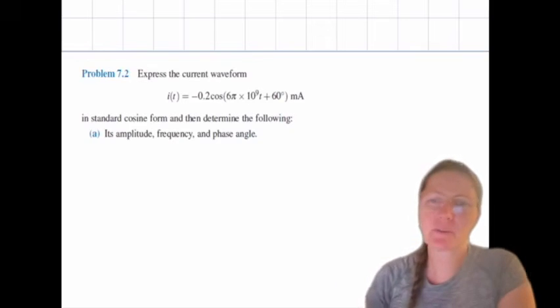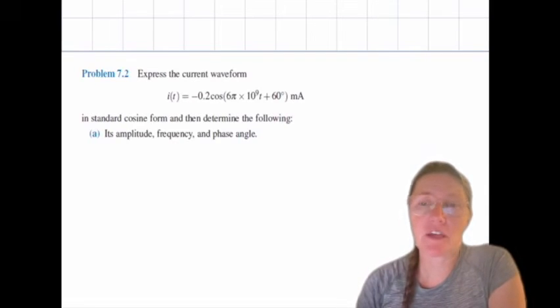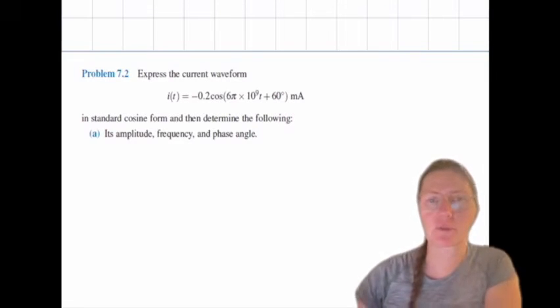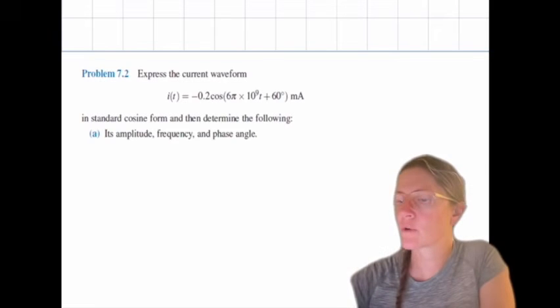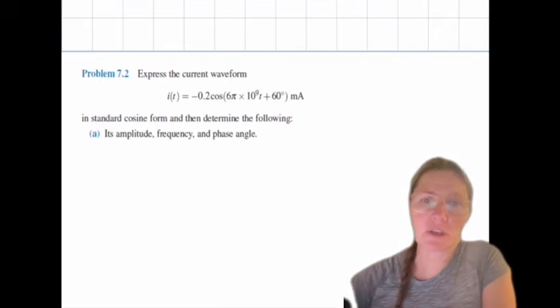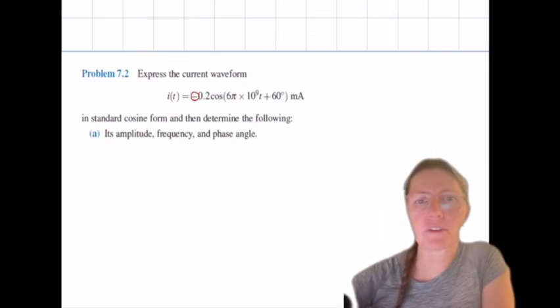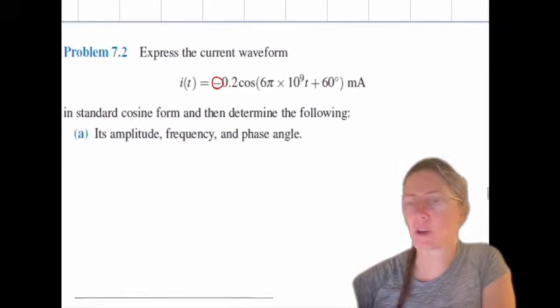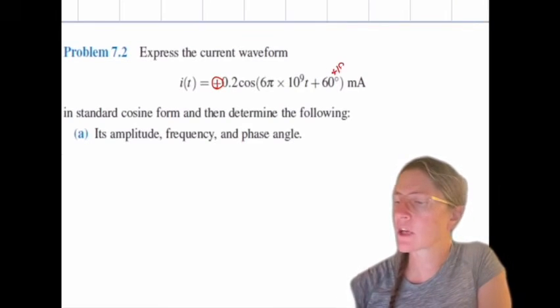Hi again. So these are going to be examples with more of the phasors and then complex numbers. So it's going to be a little review with sinusoids, but then move into mostly examples with phasor and complex number manipulation. So for this problem, which is 7.2 from the book, you're going to change it over first to, again, move this negative sign into the cosine portion. So that means that in order to get rid of this, you have to add 180 degrees